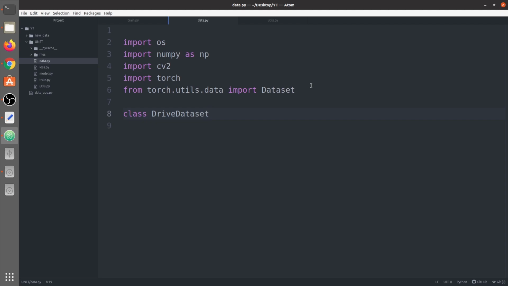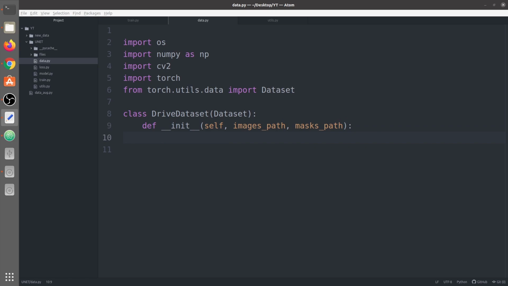Okay, so let's start working on this. It takes a base class, Dataset. Then we have its initializer, or we can say the constructor. It takes images path, then masks path. We have already resized the images while applying data augmentation, so we won't take the image size here.